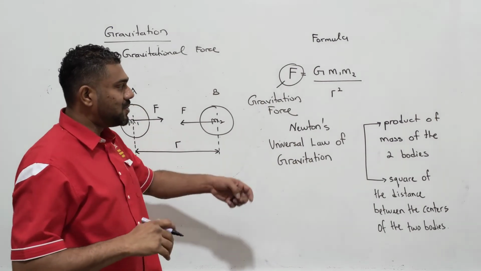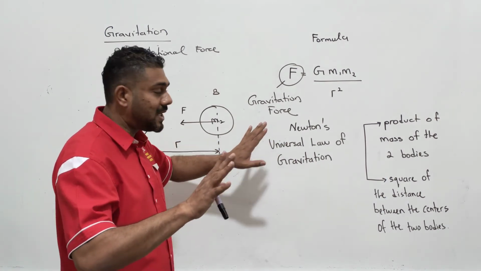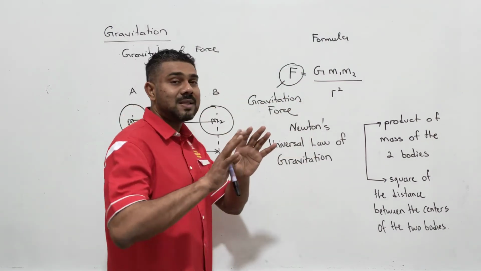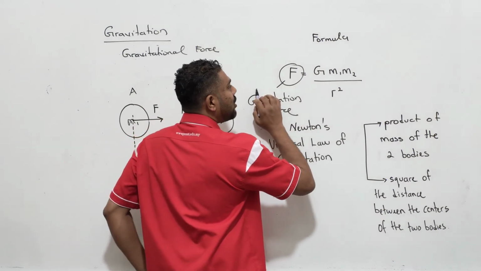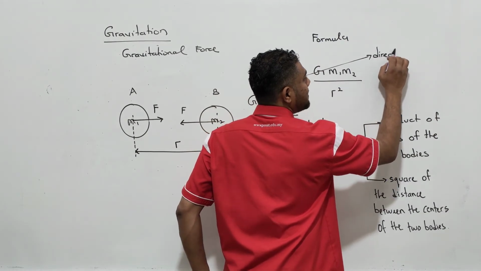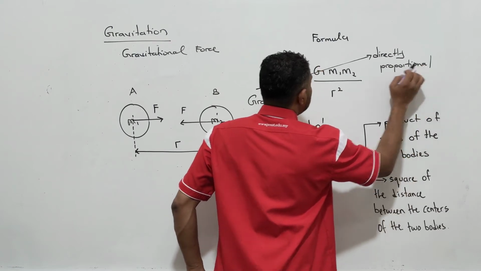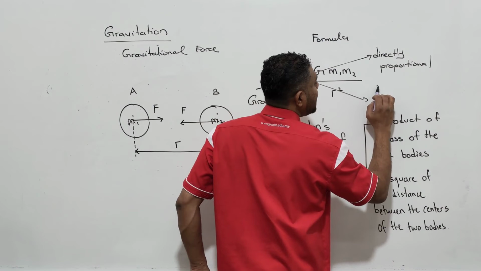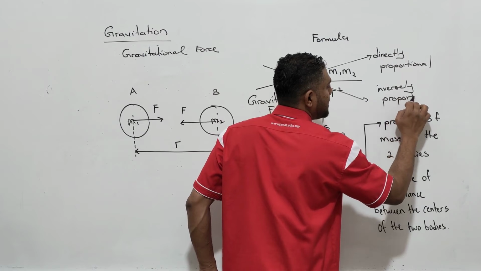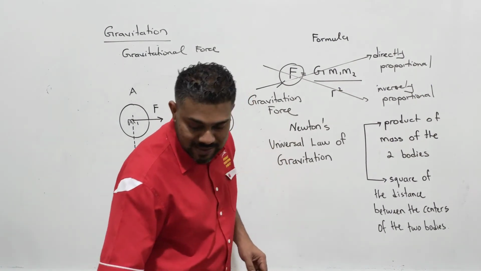Now, if you look at your definition for Newton's universal law of gravitation, take it easy, relax, let the teacher explain first. Look at this formula, guys. Now, this is mathematics. Normally, when it is like this, we call it directly proportional. Okay, directly proportional, isn't it? When it is like this, we say inversely proportional. Proportional, isn't it, guys? So, if I'm asking you, can you tell me what's the definition